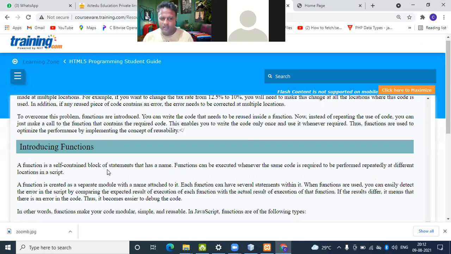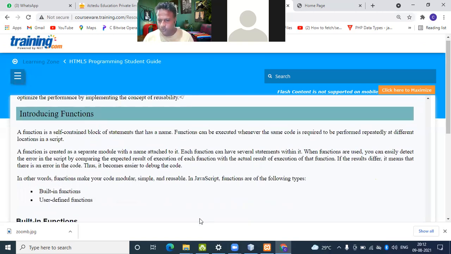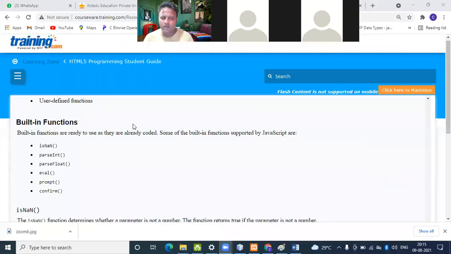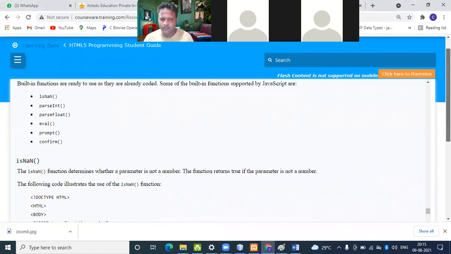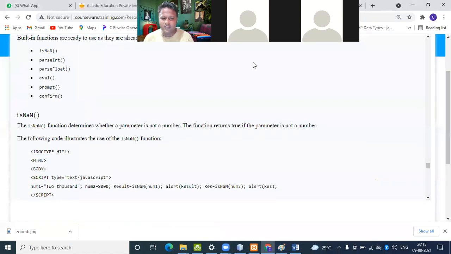Okay, so let me take this note for you. Function. So what built-in functions are available? isNaN, parseInt, parseFloat, eval, prompt, and confirm.